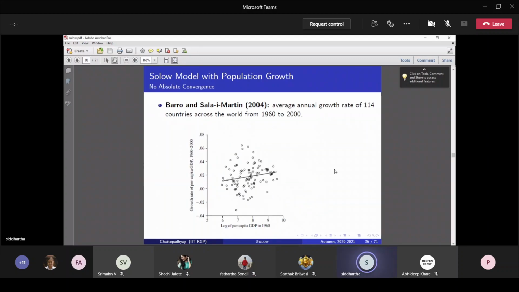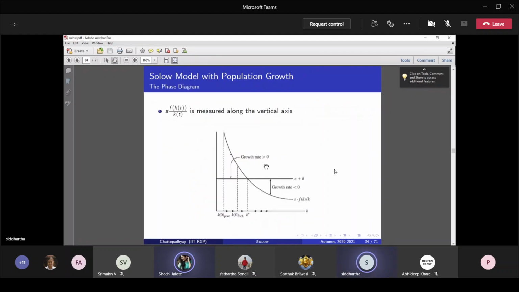Is it clear, Sachi? Is the argument clear? Sir, I got confused a little. Where did you get confused? So first we had all the countries with the same steady state, this over here. Yes, sir. That is the poor, it basically predicts the rate of growth of the poor country is higher than the rate of growth of the rich country in the short run. Is it clear? Yes, sir. Now, this was completely clear.